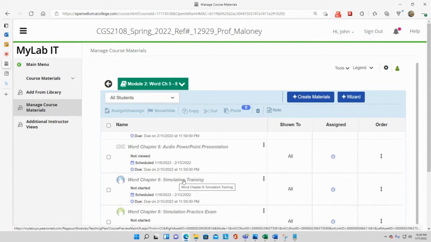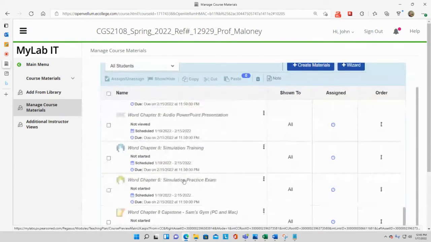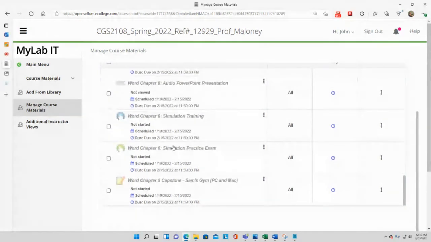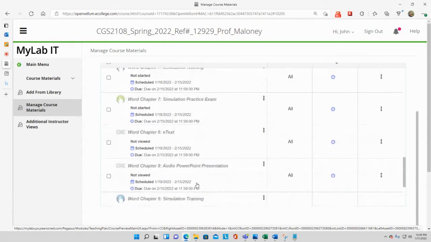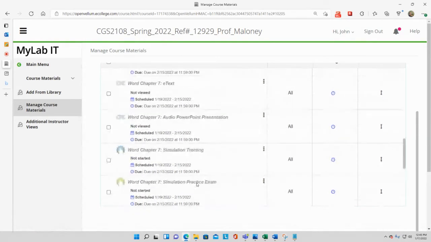Then this is your 4th training for Word, the last training for Word, and simulation practice exam. And then you also have your 3rd project. This one is the 3rd of 3 projects for Word. Okay? All right. Now,